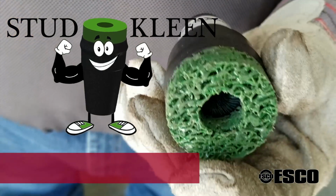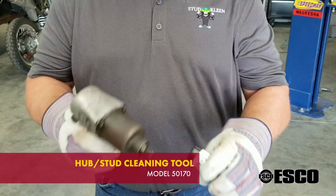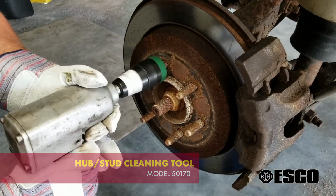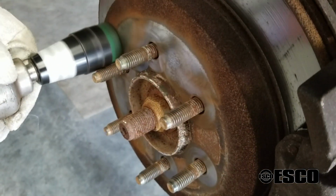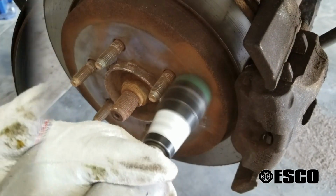Introducing STUD Clean, the only all-in-one hub and stud cleaning tool on the market. STUD Clean firmly connects to a standard impact wrench, providing the fastest and safest cleaning solution for your tire changing process. Guaranteed. The face of the tool removes rust and contaminants in seconds, providing a smooth, clean surface for reassembly